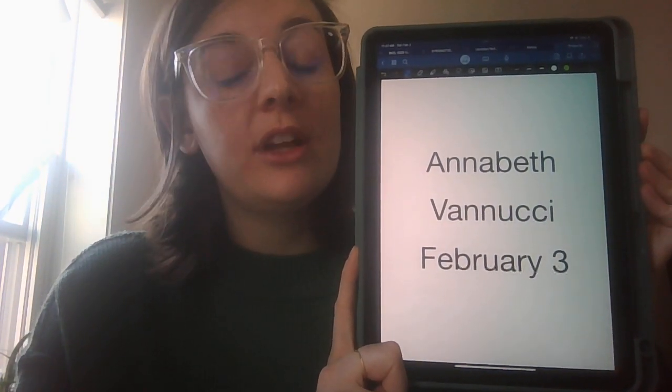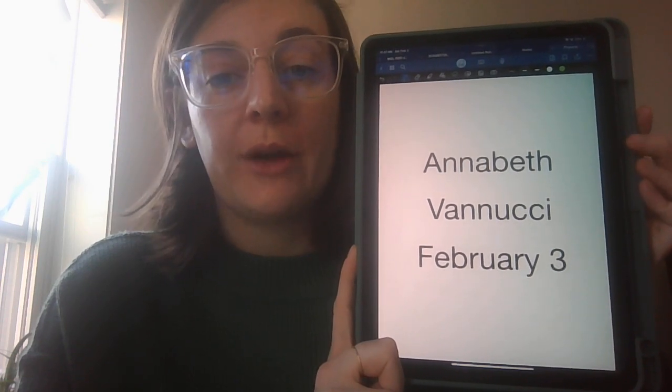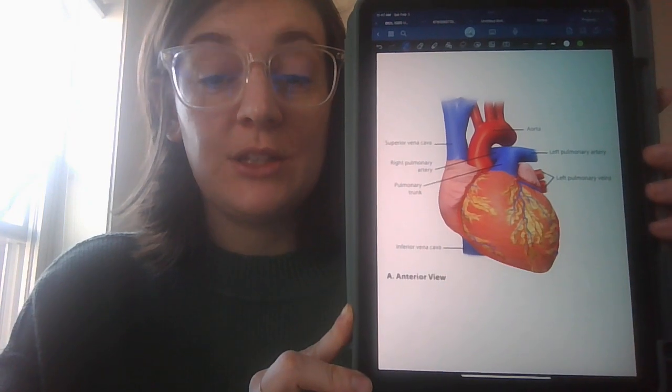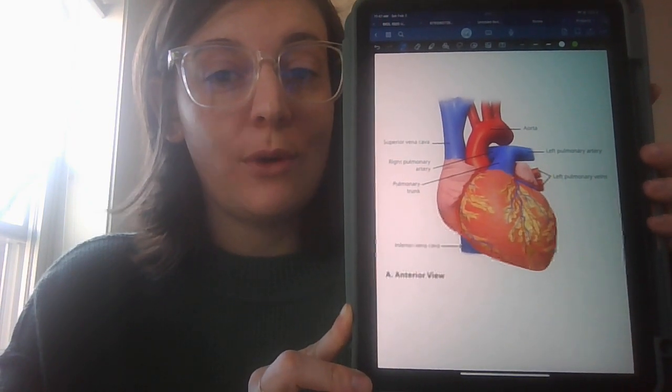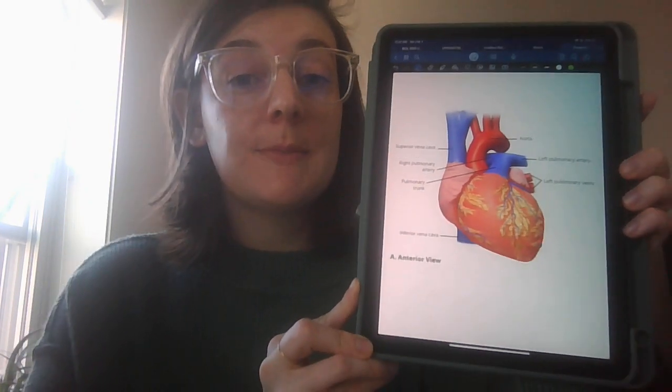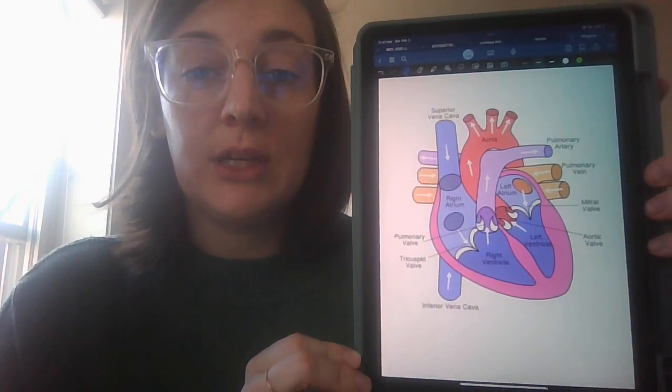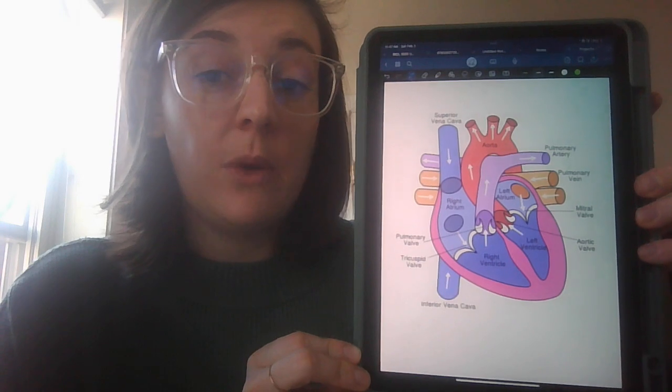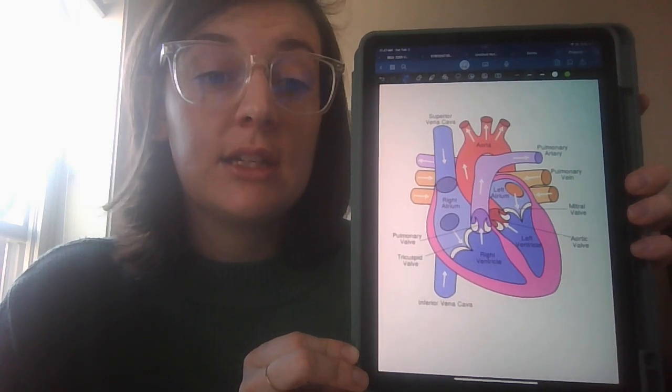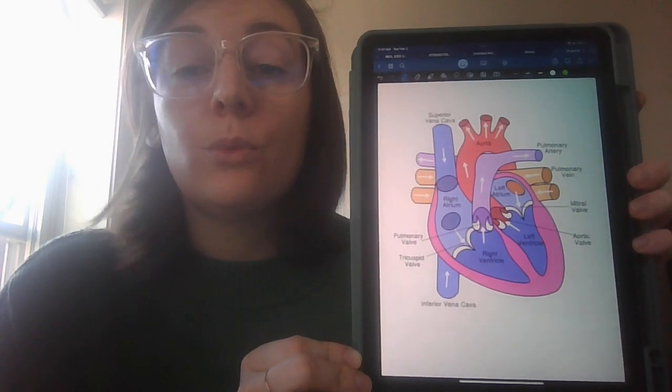Today is February 3rd, and I'm going to be going over the journey of blood throughout the body. First, starting with a quick anterior view of the heart, just to get an idea of what we're looking at. But I think it's better when learning the direction of the blood flow to get almost like a cartoonish image like this that's really well labeled with arrows to get a really basic idea of where the blood is and